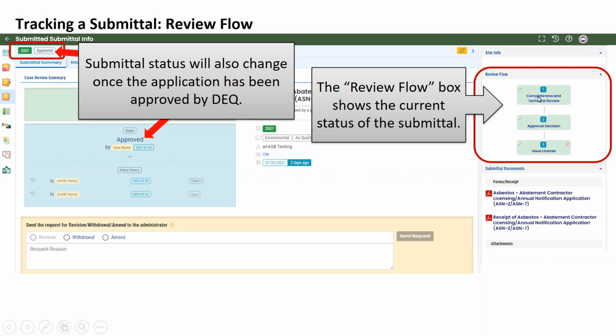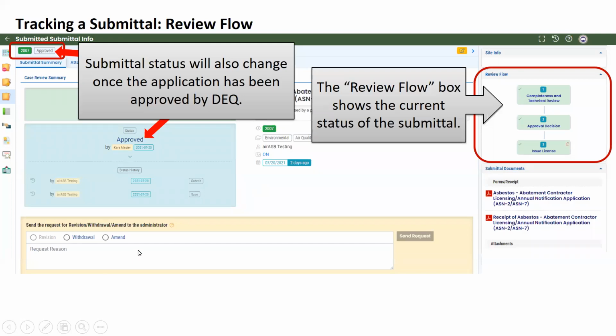And as it progresses, these boxes will go from beige to green. And you'll see at step number 3 that there was a license that was issued to you. The status here will also say approved, and it'll also change up here from completed submittal to approved. And so you'll be able to track a couple things on this page to know where we're at in the process.